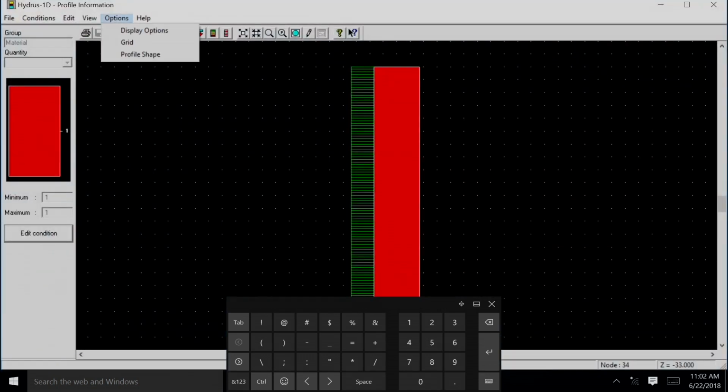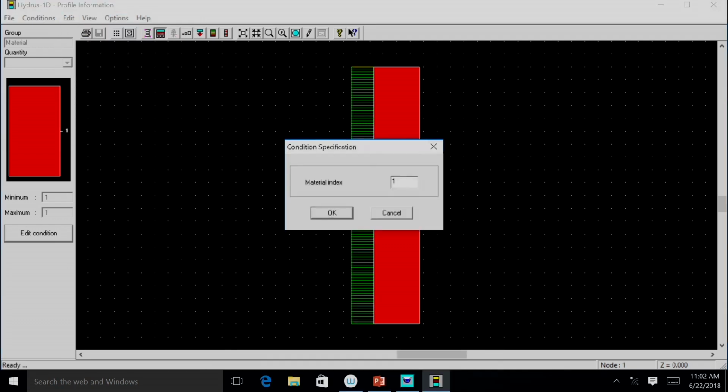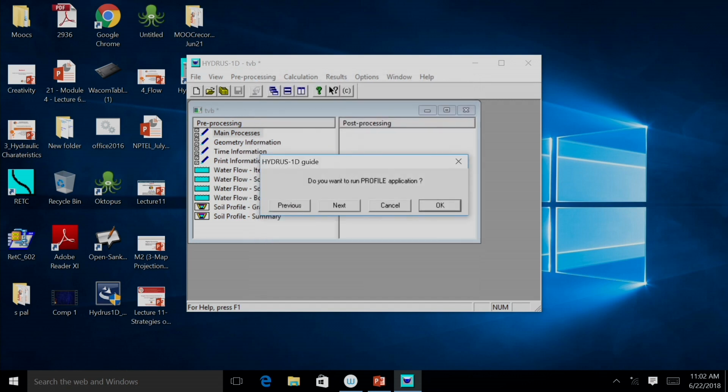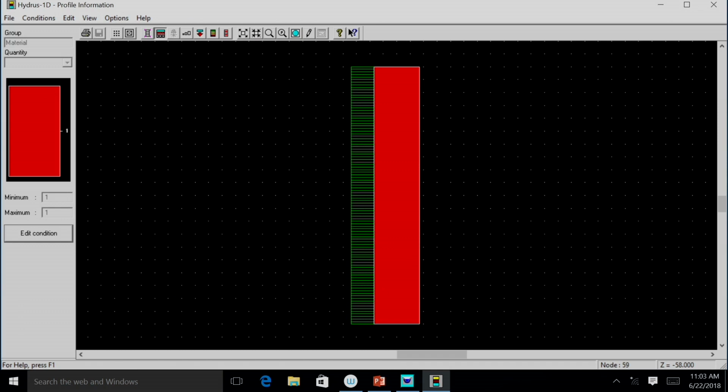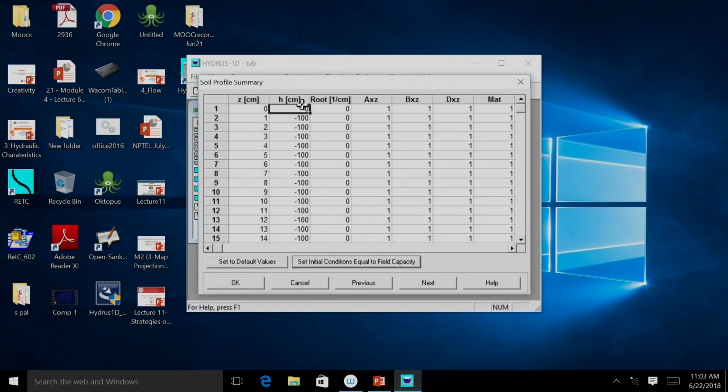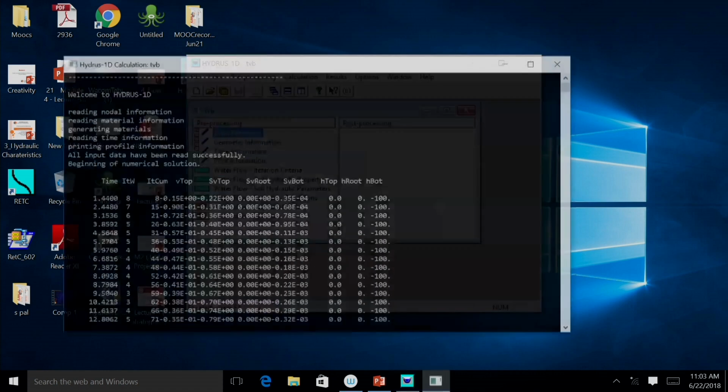Here we go to options, and we go for pressure head conditions itself, because it is not taking the water contents at present. So if you take the pressure head consideration and then consider the initial conditions, this initial condition is selected here. Then we can proceed. The initial condition is that at x equal to 0, or z equal to 0, the head is 0, and at all other points it is minus 100 centimeter. So this is the initial condition. Next, okay.